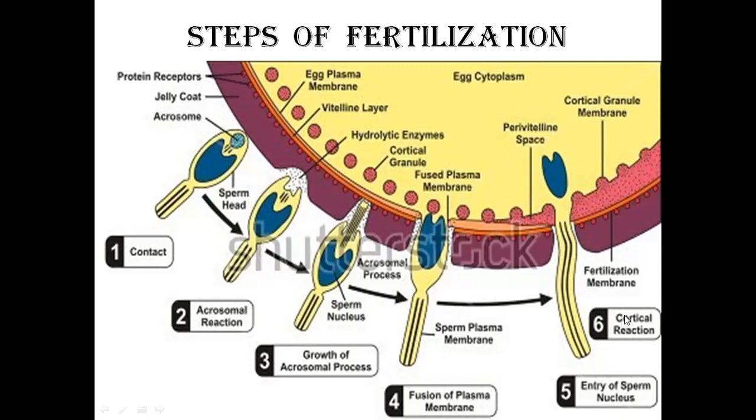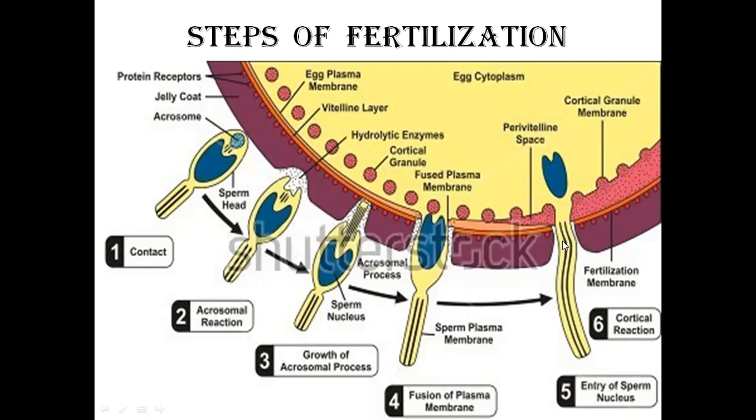This is called the cortical reaction, and this transient alteration in the potential of plasma membrane as well as the cortical reaction prevents polyspermy, that is entry of several sperm nuclei into the ovum. So it is only one sperm pronucleus that is being injected into the